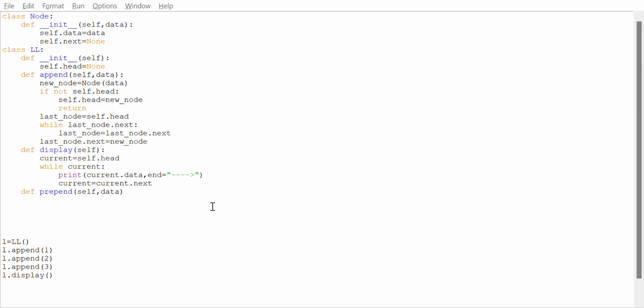So how can I do this? Like let's say 5, then 1, then 2, then 3. It is also possible. So how can we prepend that data? So here, let's say new node, similar to the way that we have specified. So new node is equal to going through the class Node with the data as an attribute. Okay, so after this